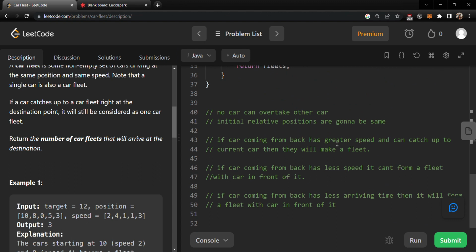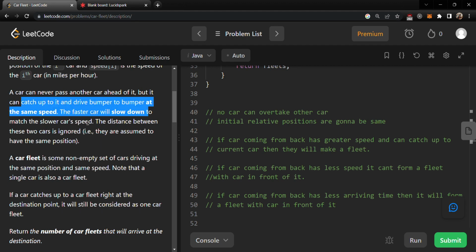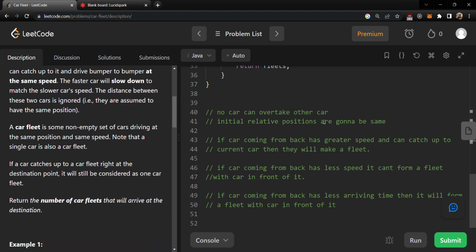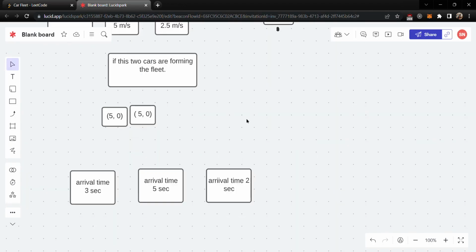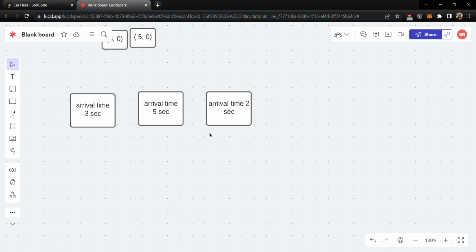Our next conclusion is, if the car moving from the back has greater speed and it can catch up to the current car, they will make a fleet, as they are going to move bumper to bumper, while our faster car will slow down to match the car in front of it. And if the car coming from the back has less speed, it can't form a fleet, as we have discussed with this